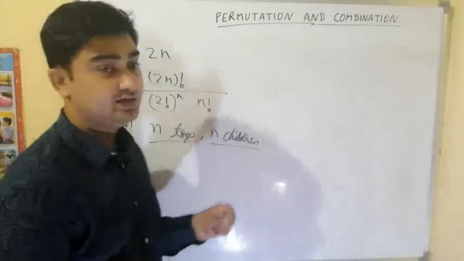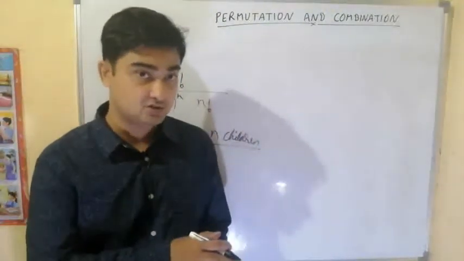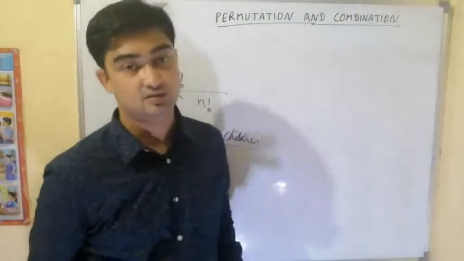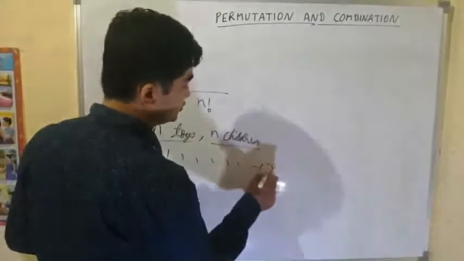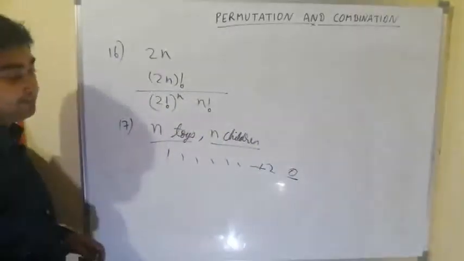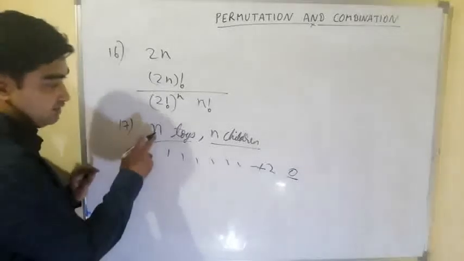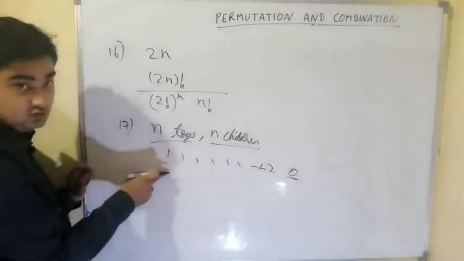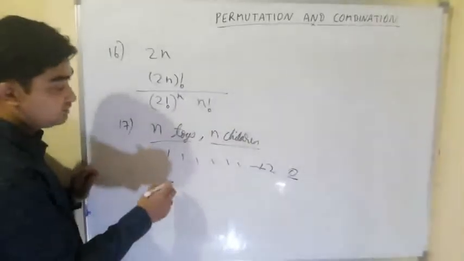Then how do we have to distribute? To every child give 1, 1, 1, 1, 1. In the last two remaining children, leave 1 and give the balance 2 toys to the remaining one. That is 1, 1, 1, 1, 1, 1 plus 2. So one child will get 0. So this problem is similar to dividing n objects in n minus 1 groups such that n minus 2 groups are of size 1 and one group is of size 2. Then what are the choices?